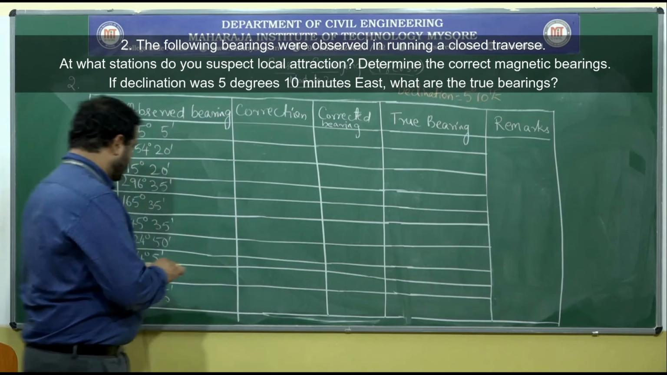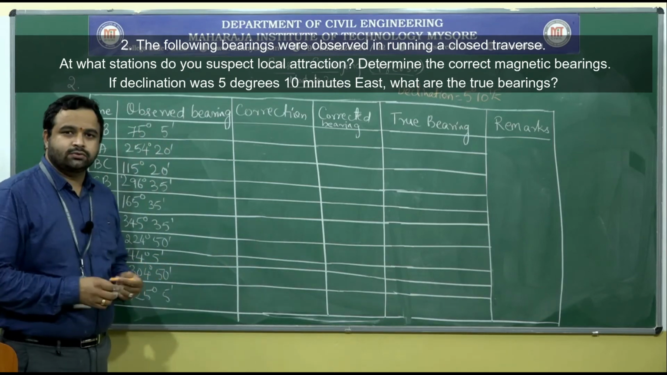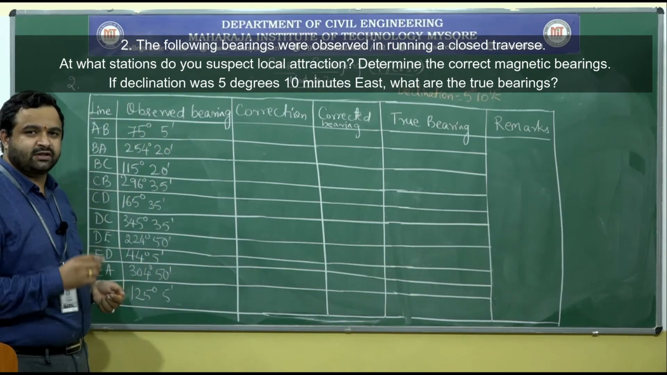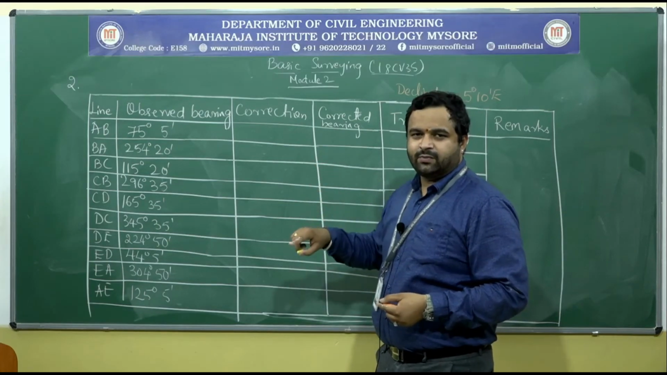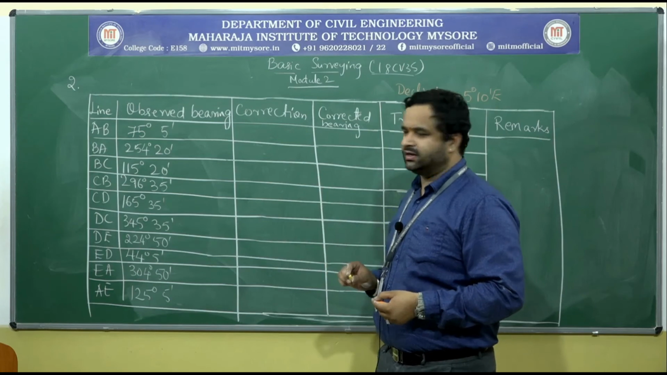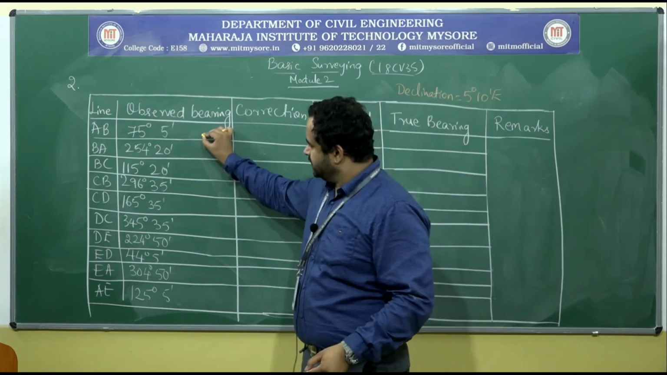Okay. So, what is the first thing you need to do? You should observe the difference between the bearings. Which stations has the difference between forebearing and back bearing exactly equal to 180 degrees. So, let us observe here,